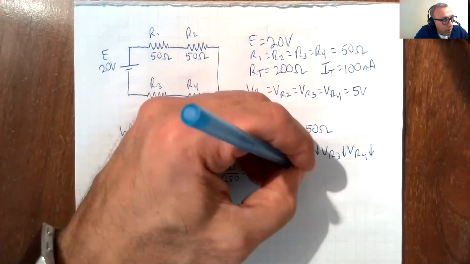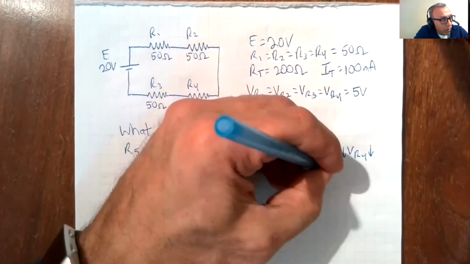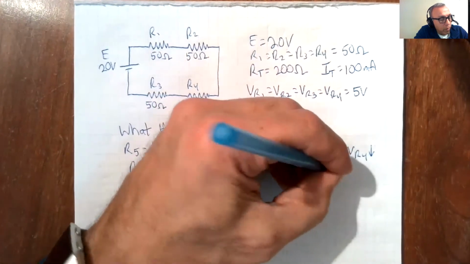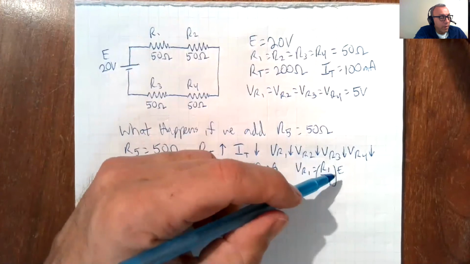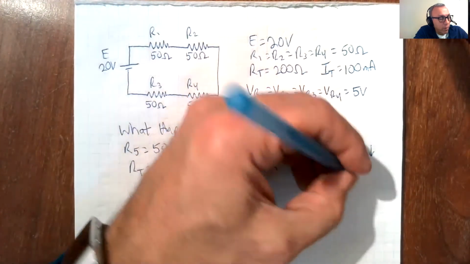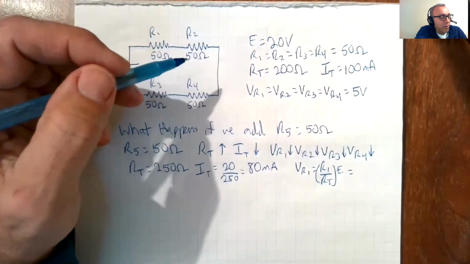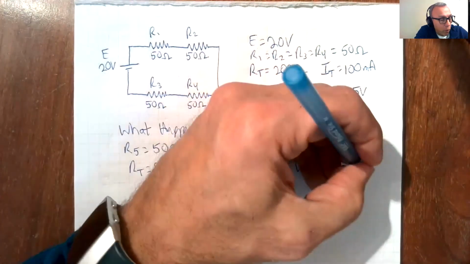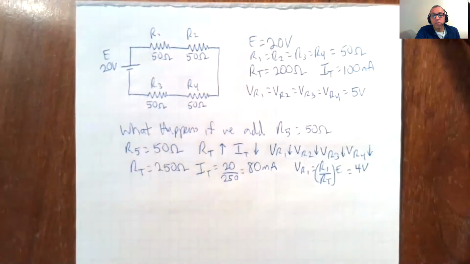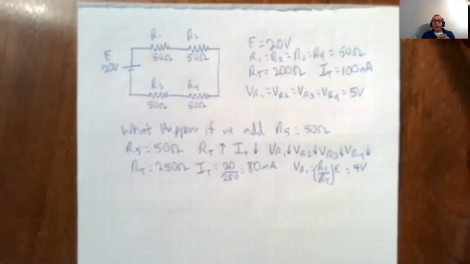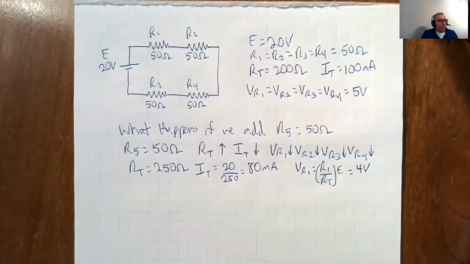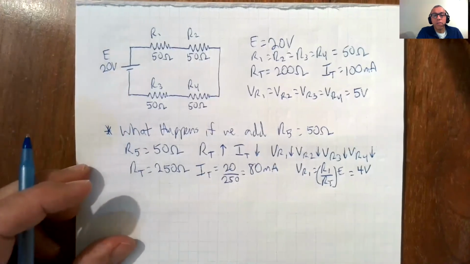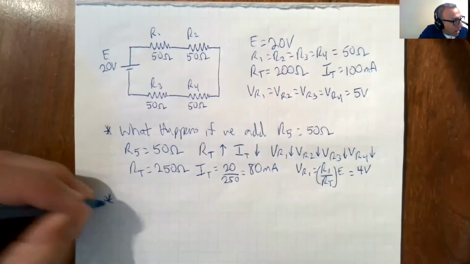And now VR1 is R1 over RT times E. R1 stays the same. E stays the same, RT went up. So now instead of VR1 being 5 volts, now VR1 is going to be 4 volts. Okay, so that's what happens if we add an R5. So my next question is, what happens